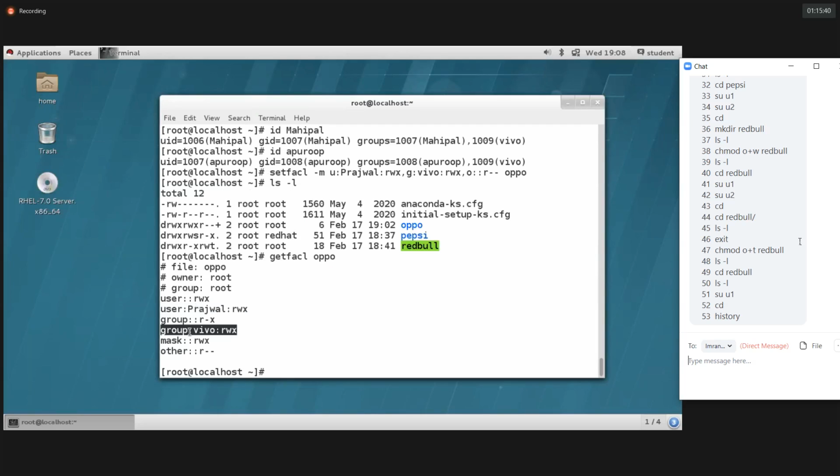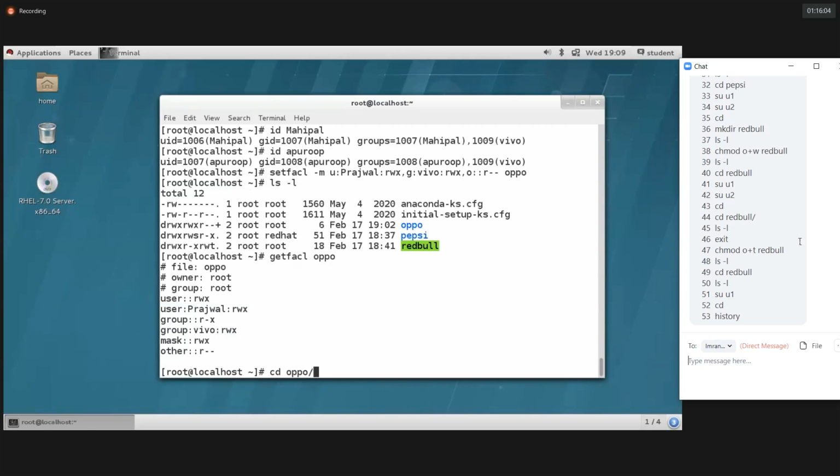Group Vivo also has the full access. Now Mahipal and Apurva, these two people also have access because Vivo has the full access. Mahipal and Apurva are both group members. So three people can create files and directories inside Oppo now. If you want, you can verify.